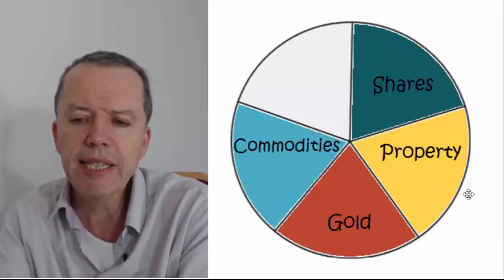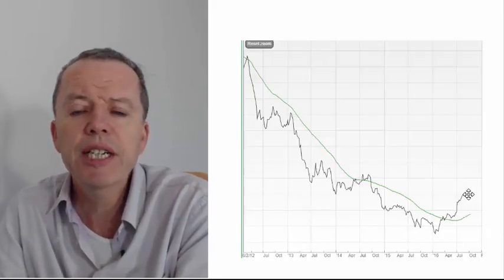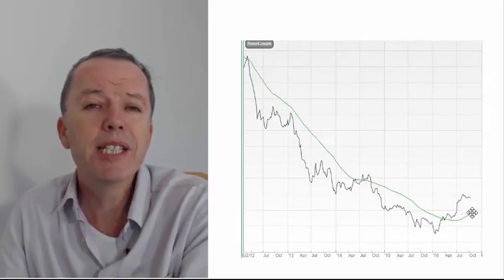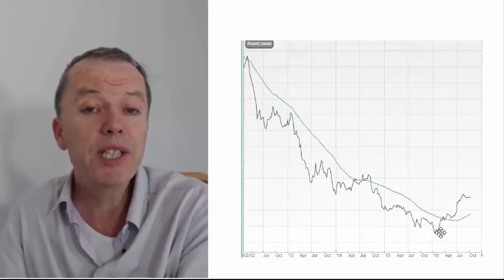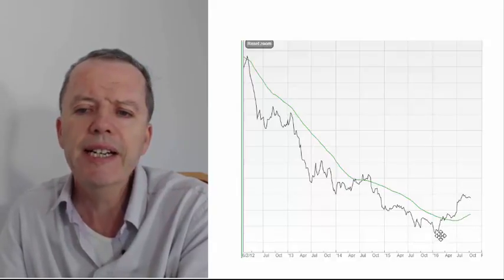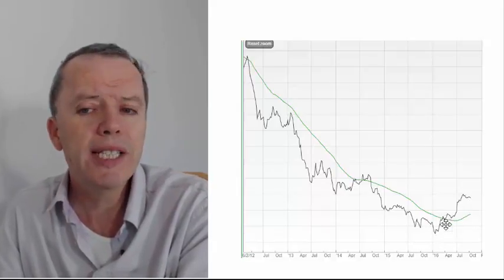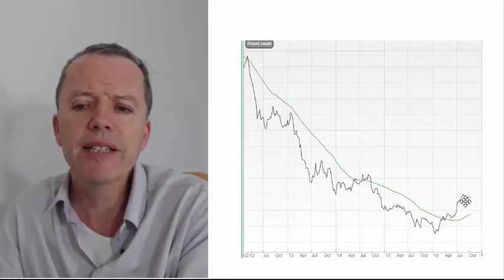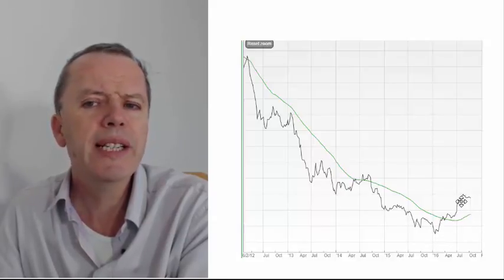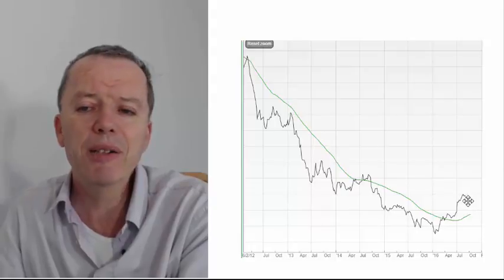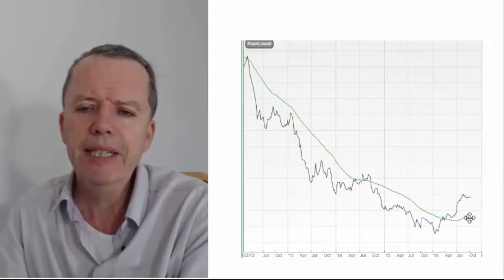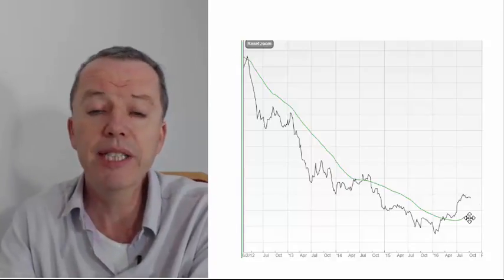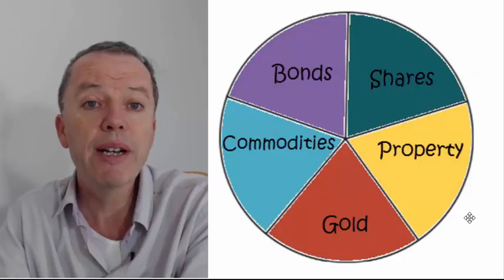And commodities. Again, there's an investment trust that I use to be exposed to commodities. Commodities have had a terrible time for a few years, but in 2016 they've been doing very, very well, and you can see that the price has been rising significantly during this year, 2016. But the past few weeks it's gone sideways, maybe down a little bit, but still well above this line in the sand. So I'm very happy to remain invested in commodities. So no need for me to do anything there.